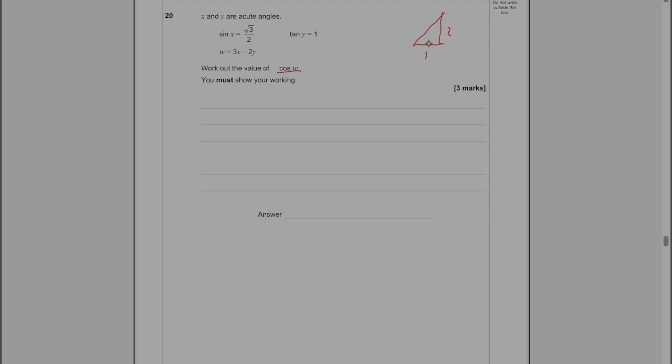So 2 there, 1 there, root 3 there. And we are looking for sine x is equal to the opposite over the hypotenuse. So sine x is equal to root 3 over 2. So that's a 60-degree angle there, that's a 30-degree angle there. So opposite over